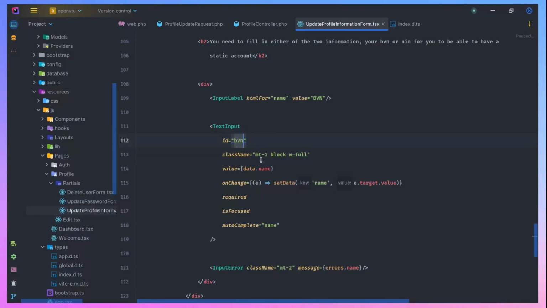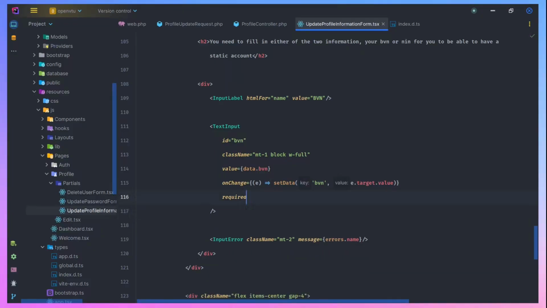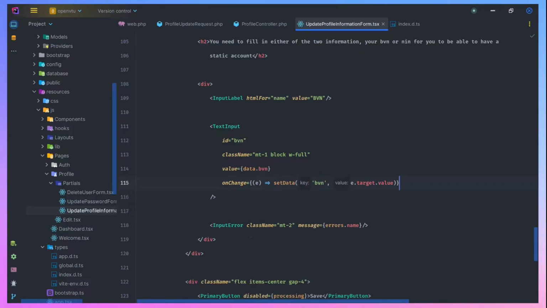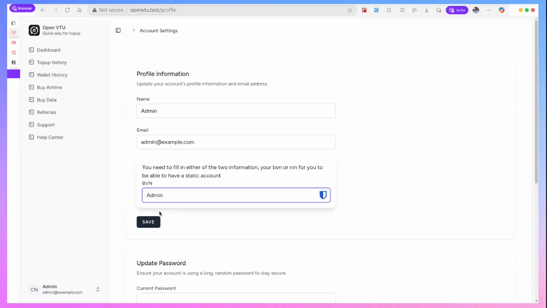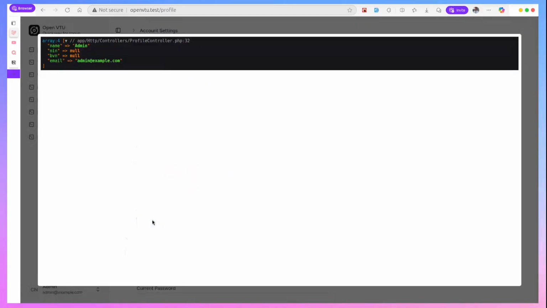BVN. So let me change anything that has to do with name here to BVN. So everything should be working. We don't need autofocus, and we don't need required. So let's say BVN also. So save. So if I try to save this now, you should have... all right, it's even telling us,